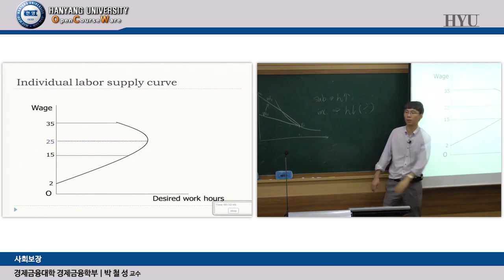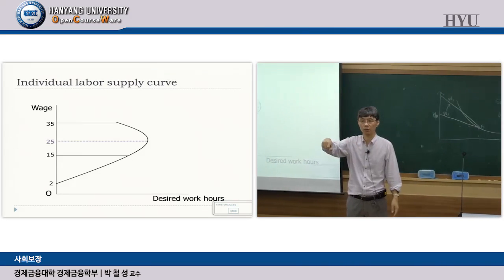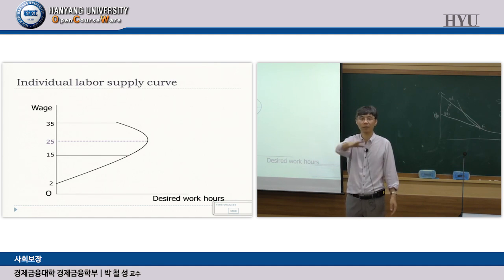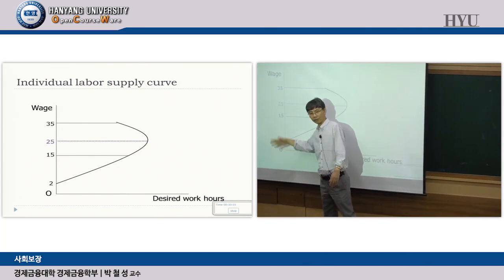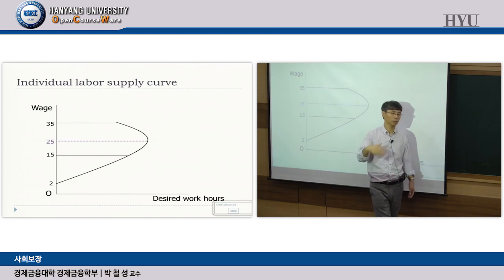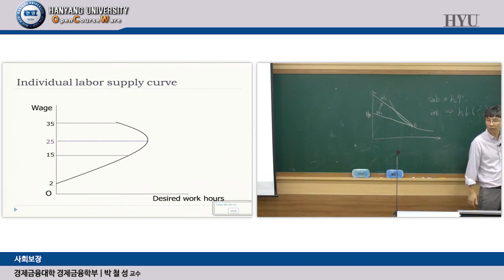So this is a typical shape of individual labor supply curve. So for each individual, you can say that each individual has this labor supply curve. It's going to be different from individual to individual because individuals have different preferences and different non-labor income, right? Some individuals may have a stronger taste for leisure, so that person is going to have, let's say, a higher reservation wage, and the slope is going to be different, and this threshold is going to be different as well.